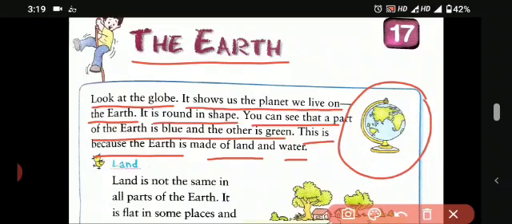And we can see some part with blue color and some with green. So the green part is shown as the land and the blue part is shown as the water.